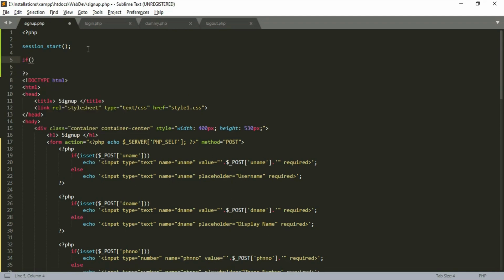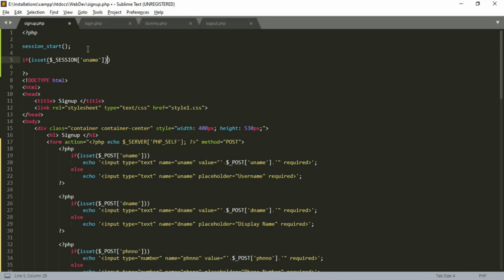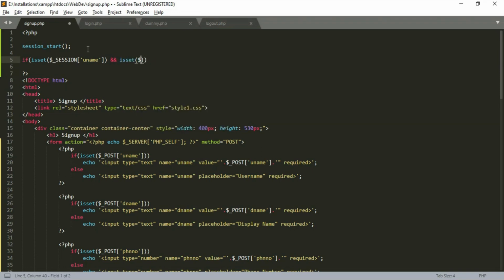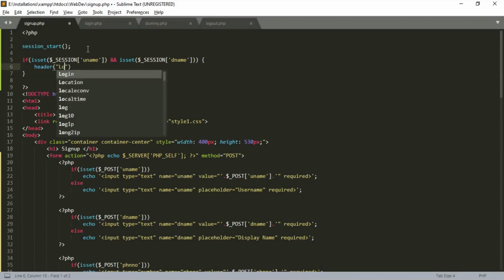If isset of session uname and isset of session dname. If both of them are already set, then we can direct them to the dummy page. Header, location of dummy.php.